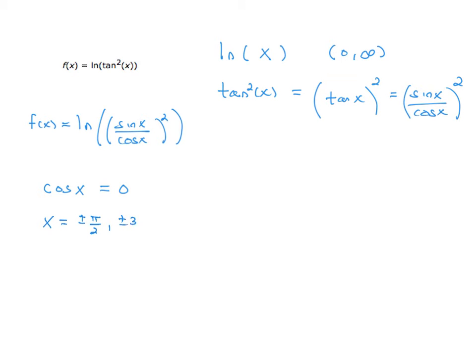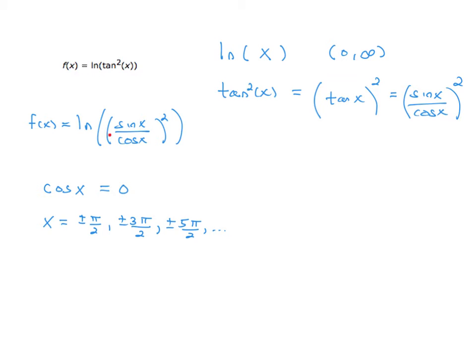plus or minus 3 pi over 2, and actually all odd multiples of pi over 2 forever. So we want to eliminate all of these values. We cannot put them into this function because you'll be dividing by 0. But there's something else we have to look out for too. If this entire thing within the natural log function is ever 0 or negative, we want to eliminate those as well. You can't put 0 or a negative number into the log function, so that means this thing can't be